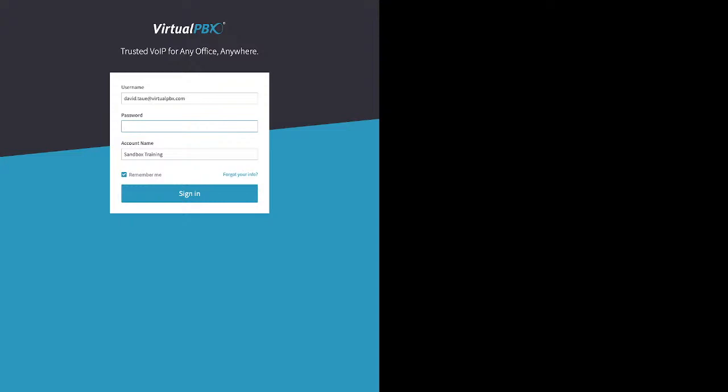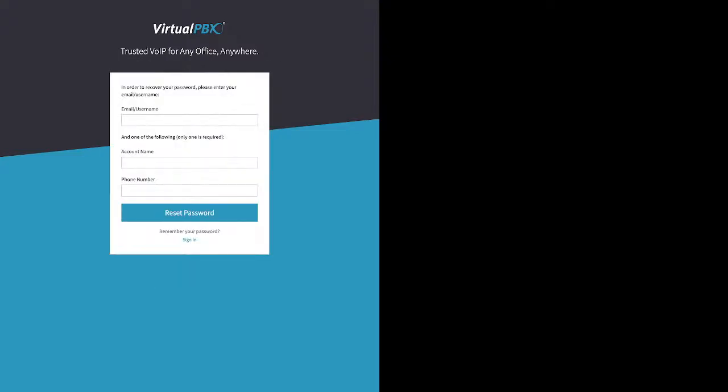Now, if you forgot your password or for some reason you never got the email, over here on the bottom right, just above the sign-in bar, we have a forgot your info link. You can click on that. And we need 2 pieces of information. This time, we still need your email address, right? That's what your user is associated with. Then we need either the account name,